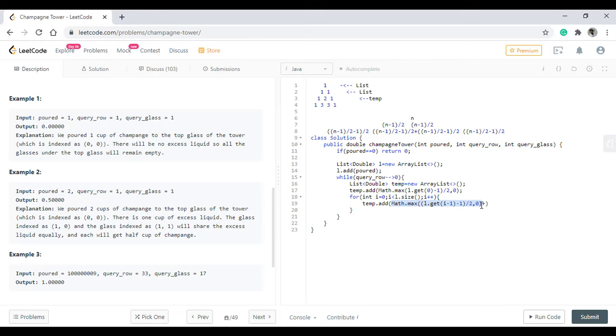We'll take this math.max function, and in this case it will be I. So that will give us a result.